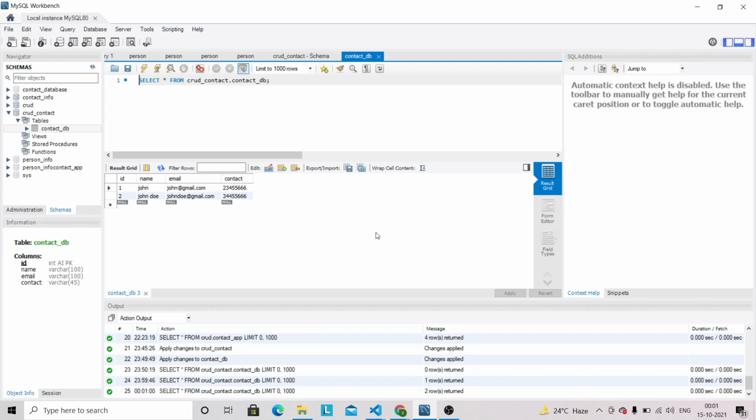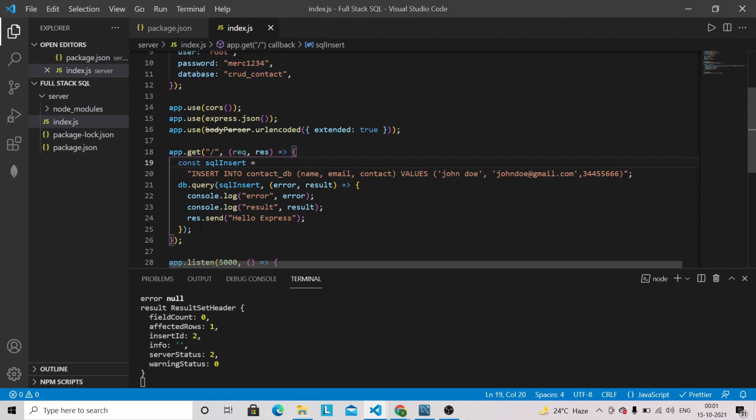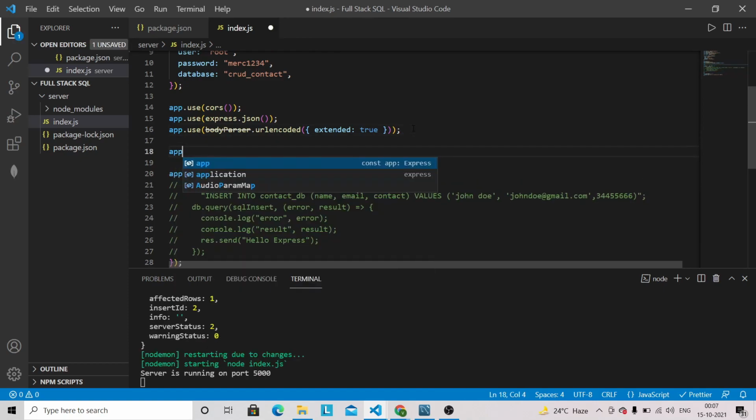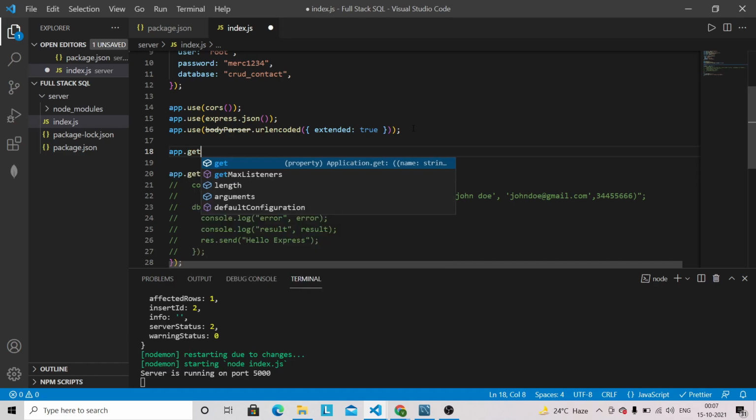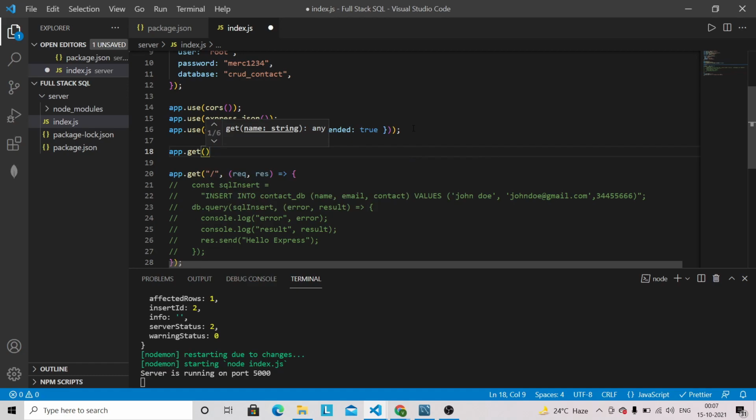First I will create a route to display this data in our React frontend. So first I will create a get route here. Then we will start working on the frontend to display these two records in our table component on the React side. So let's first create the API for this one. We need to go back to Visual Studio Code, and let's uncomment for now. We need to create that API to get all the data from our database so that we can display it in our frontend in the table component.